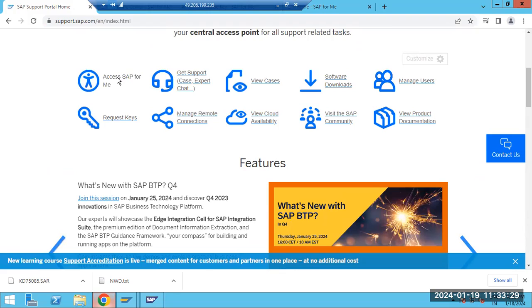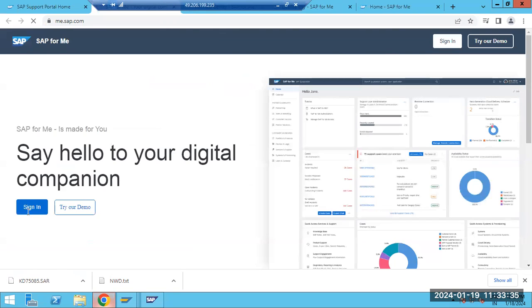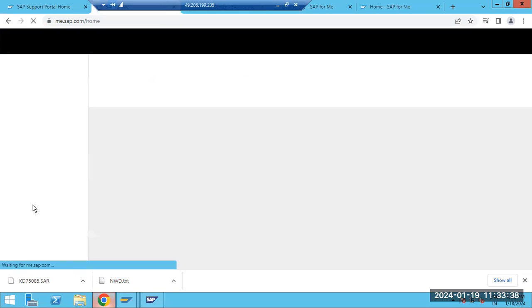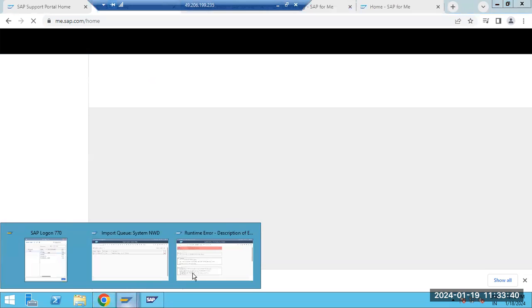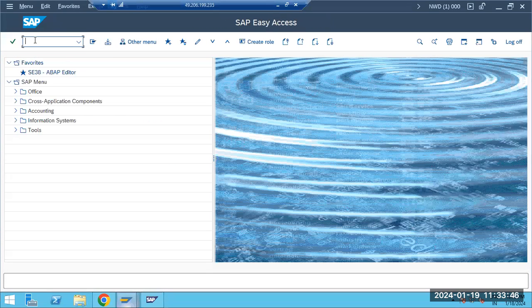Access for SAP. This tab, you can click it. Yes, see here, program error, load program table mismatch. It's just a runtime error. Again, if you go to SPAM,